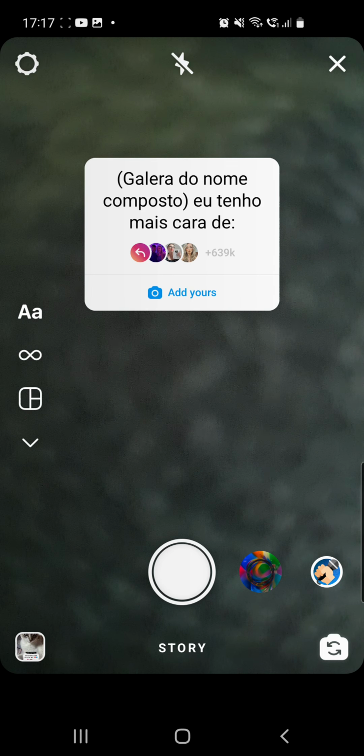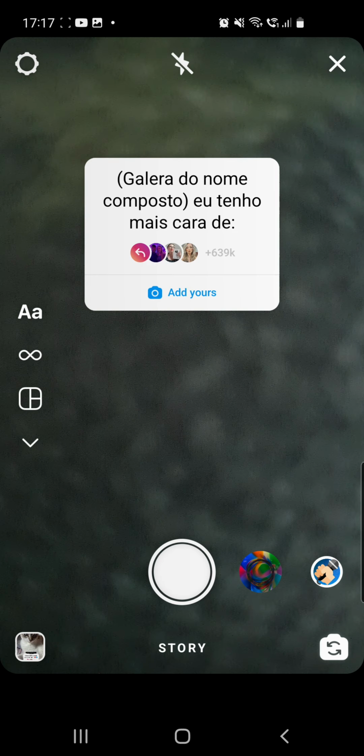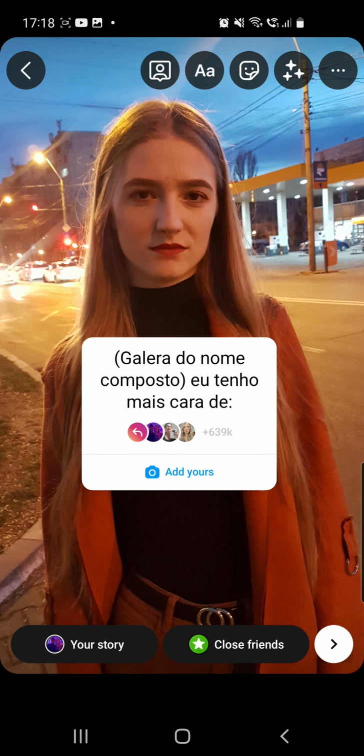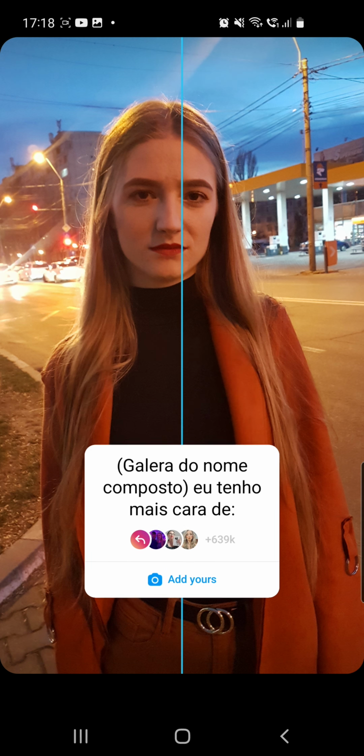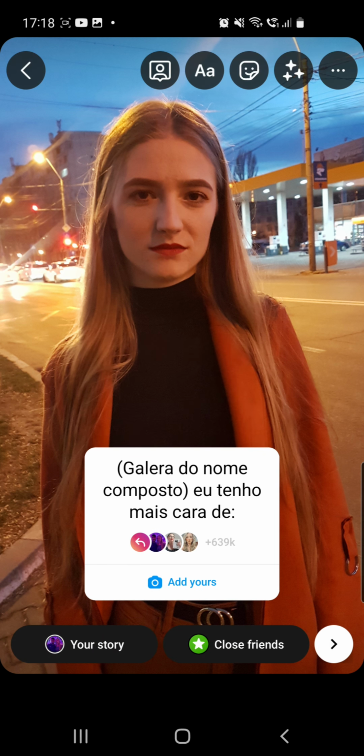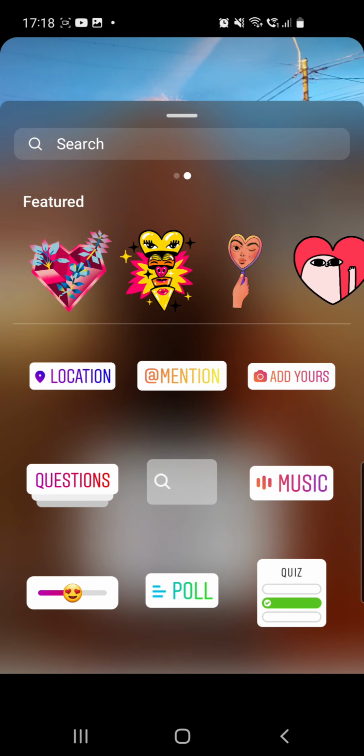So now you can go to your uploads and choose a background photo with you if you like. So I will go ahead and do that. And then from here you can place your sticker where you want, and after that you just have to go to stickers from the top of the screen,